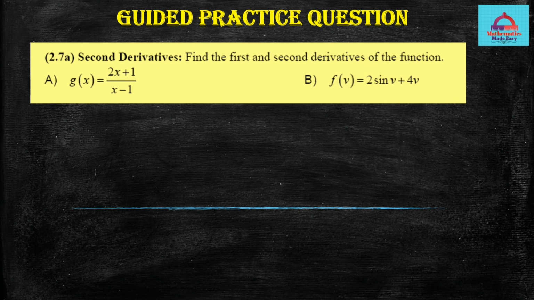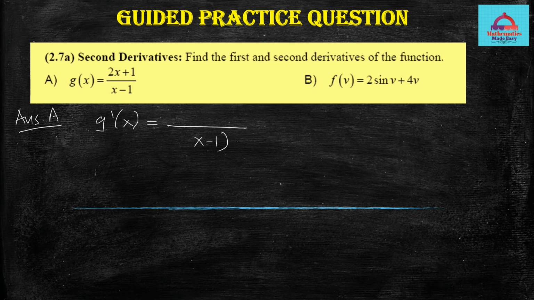Let's try now some guided practice questions. So we will be solving the A part first. Now here if you observe, the function g(x) is given as the quotient of 2 terms. So you have a numerator, you have a denominator. So when you are trying to find the first order derivative g prime of x, you are going to go